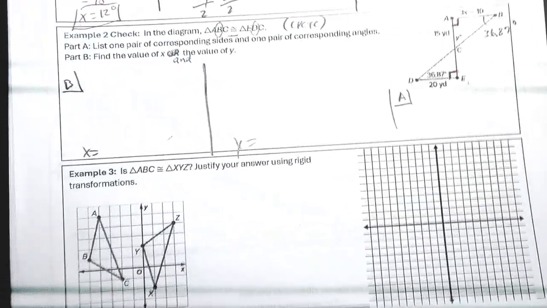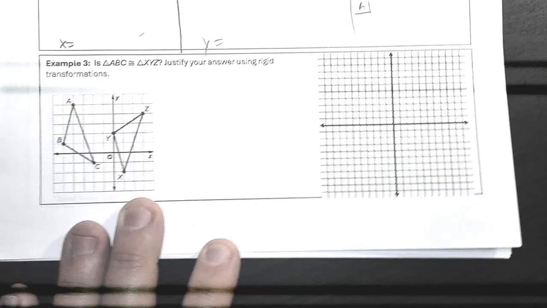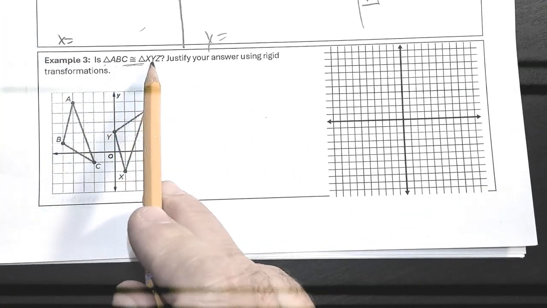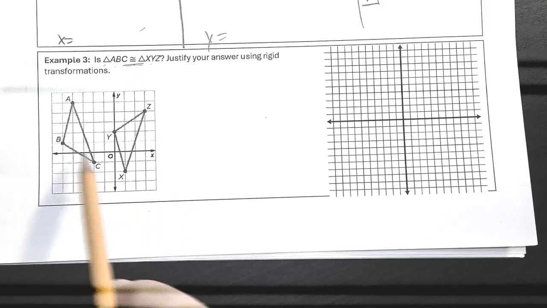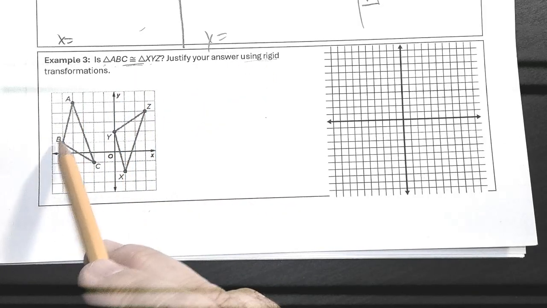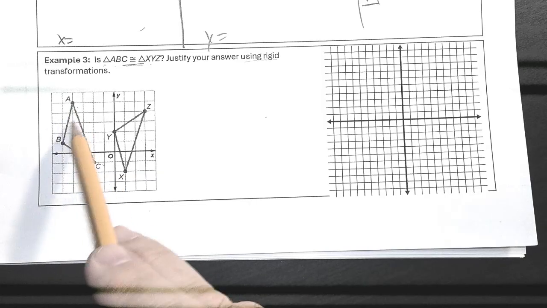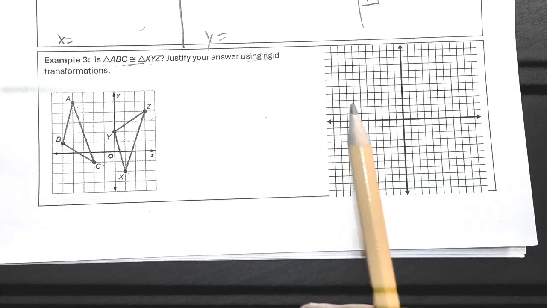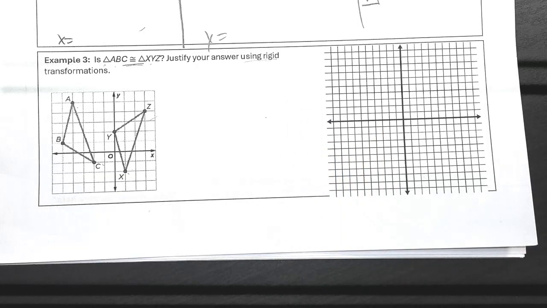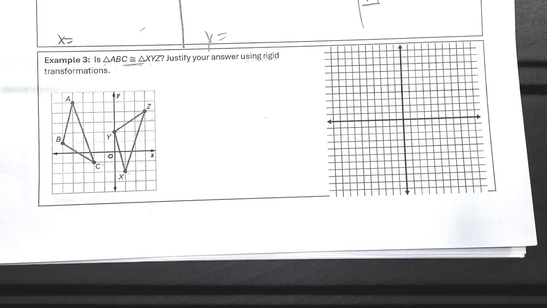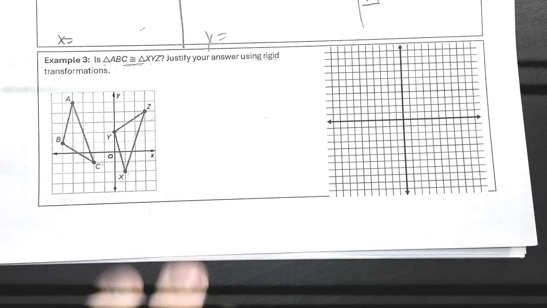So now we're going to go down to example 3 at the bottom. All right, so it's saying, is ABC congruent to XYZ? If so, justify your answer using rigid transformations. So ABC is facing this way, XYZ is facing the other way. So we're going to, and these are tough. I'll just be honest, these are tough. So we're going to write our coordinates in the middle. So we're going to say A,